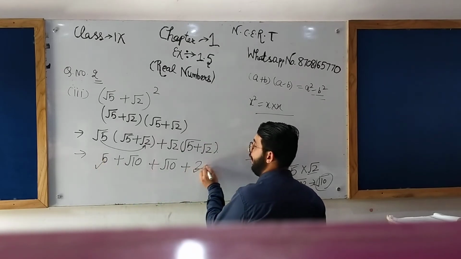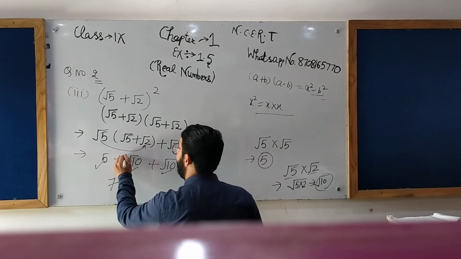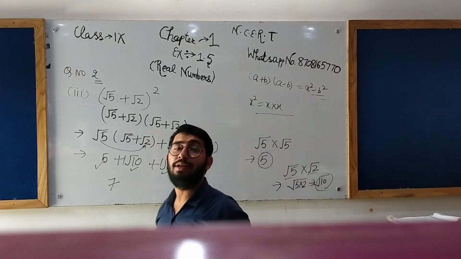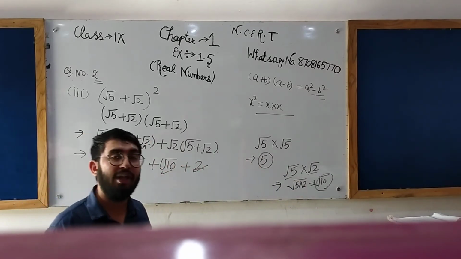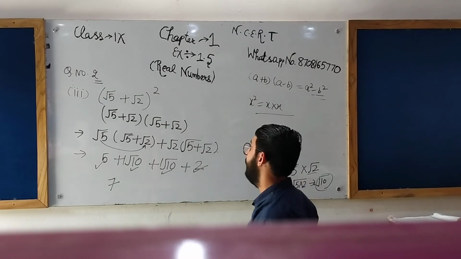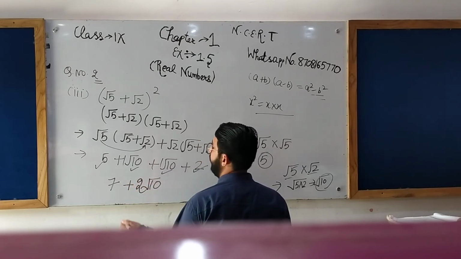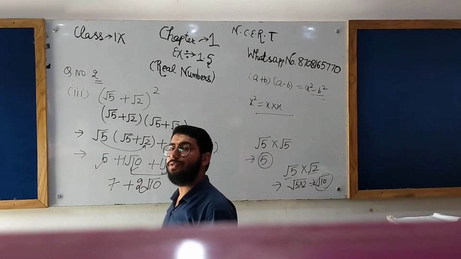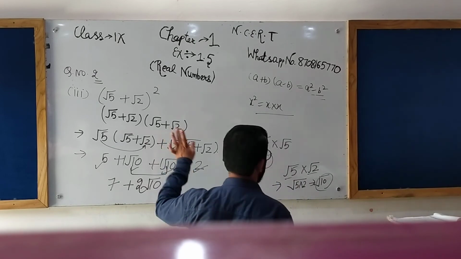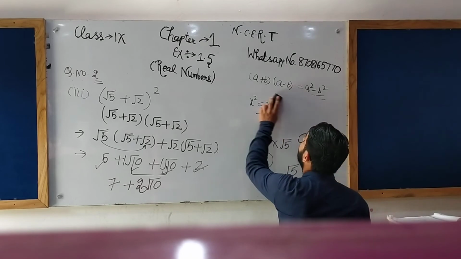These are the like terms. 5 plus 2 gives you 7. These are also like terms. Root 10 is how many times? 1 time. Root 10 is also how many times? 1 time. You know this thing very well, that whenever nothing is present, we used to write 1 there. Okay, 1 plus 1 gives you what? 2. So it will be 2 root 10. I added this 2. Okay, clear? Now, alternative solution to this part. Listen to me carefully. Okay, alternative solution we are writing.